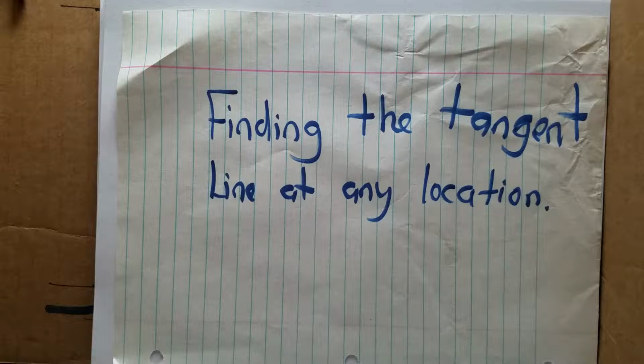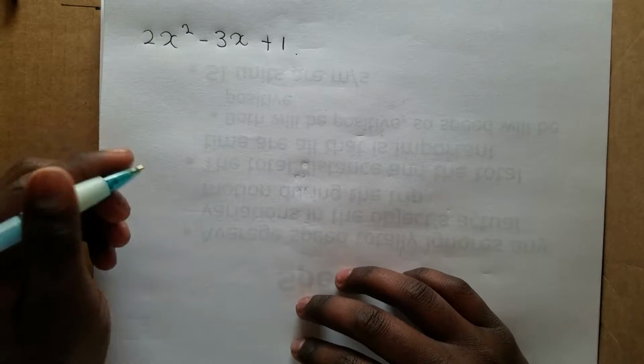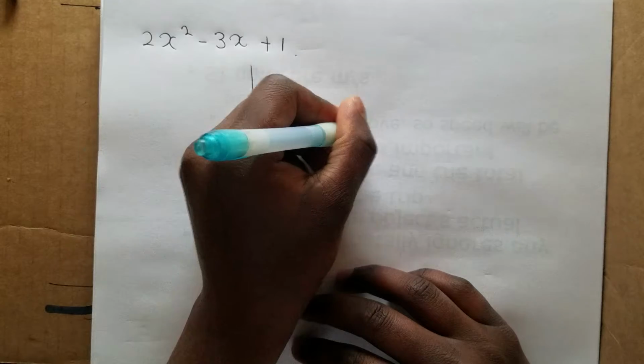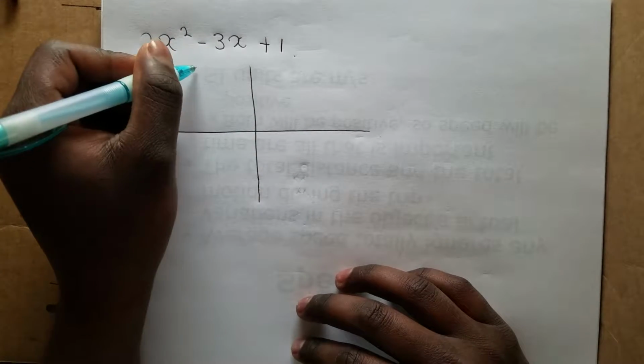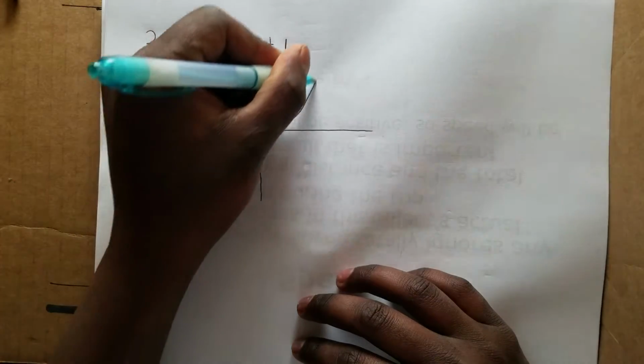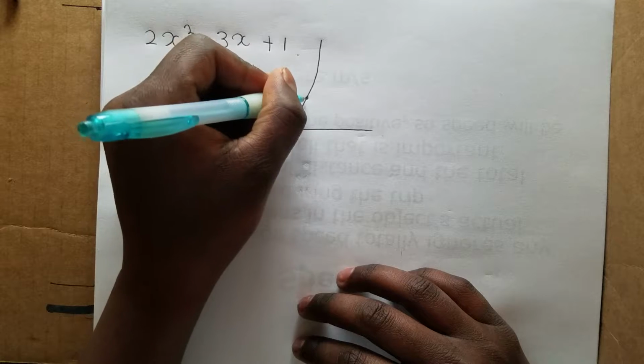So I'm going to find the tangent line at any location. Let's say we have a function like 2x squared minus 3x plus 1 on a graph. If you put this on a graph, you'll get a parabola. Now we want to find the tangent line of, let's say,